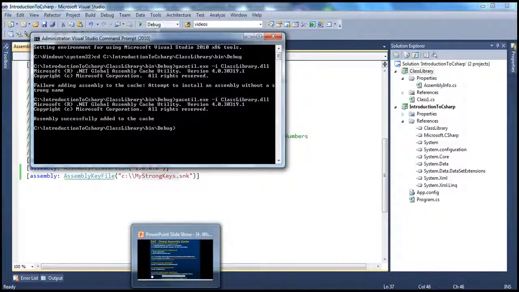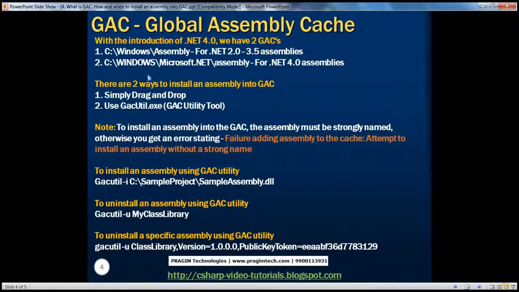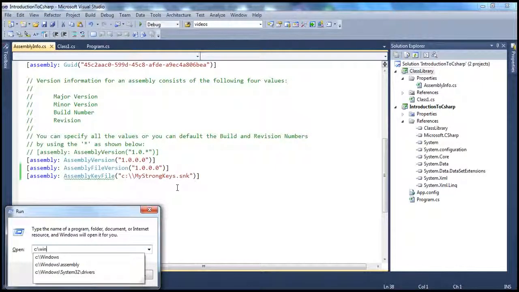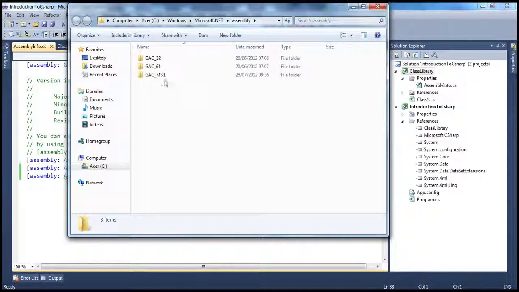Now, to check if it is successfully added, which version of the GAC should we be checking? We should be checking the second one, because we are using Visual Studio 2010, and Visual Studio 2010 makes use of .NET Framework 4.0 by default. Okay, so let's get to that path. So it's present in c:\windows\microsoft.net\assembly. So within this path you have another folder called GAC_MSIL, Microsoft Intermediate Language, and if I open that,